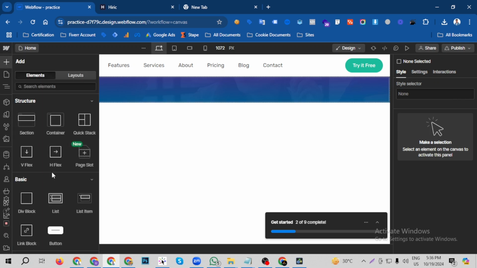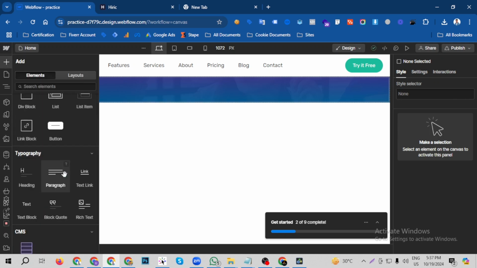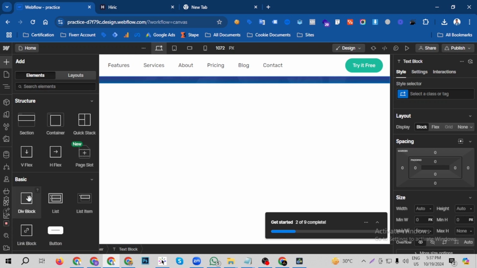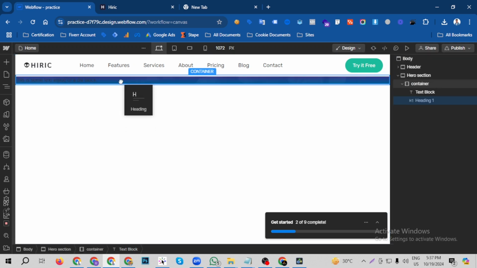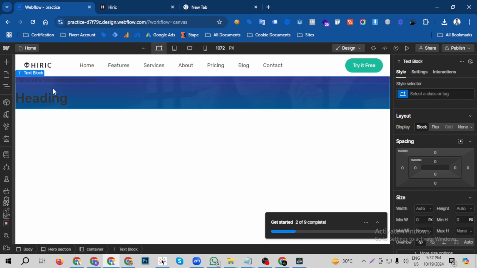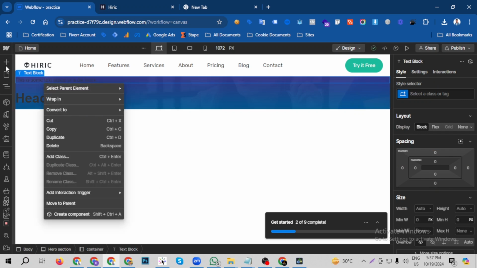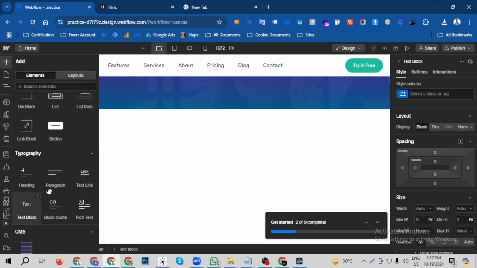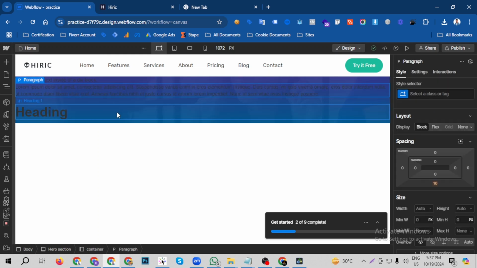I will use a paragraph, like a text block, and we'll use one heading. Let me see. I will not use text block, I will use paragraph, because of some reason. Oh sorry,